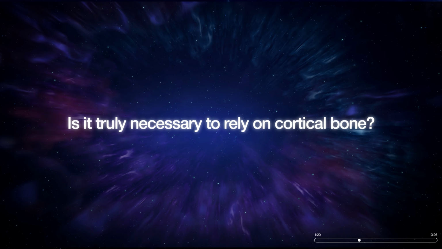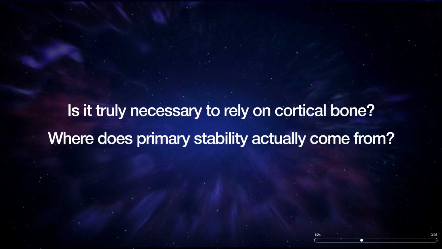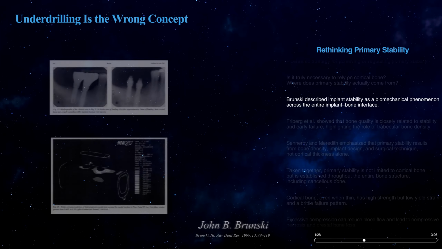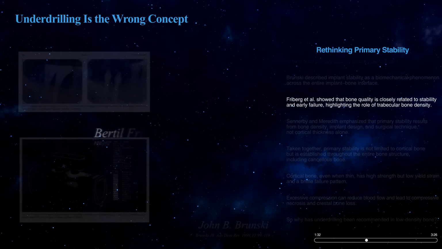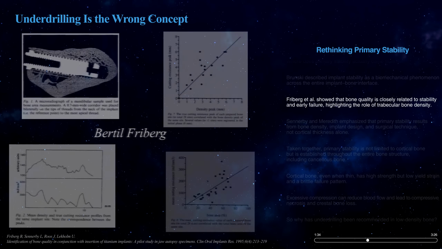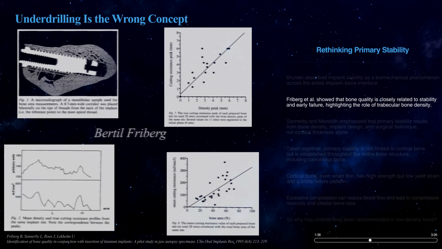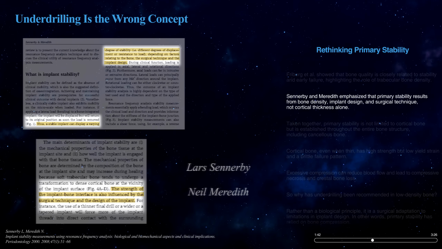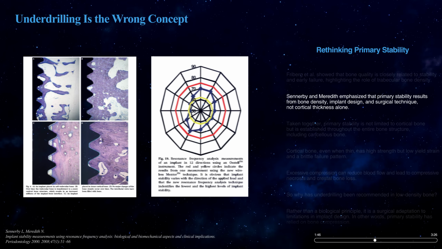Is it truly necessary to rely on cortical bone? Where does primary stability actually come from? Brånemark described implant stability as a biomechanical phenomenon across the entire implant-bone interface. Friberg et al. showed that bone quality is closely related to stability and early failure, highlighting the role of trabecular bone density. Sennerby and Meredith emphasized that primary stability results from bone density, implant design, and surgical technique, not cortical